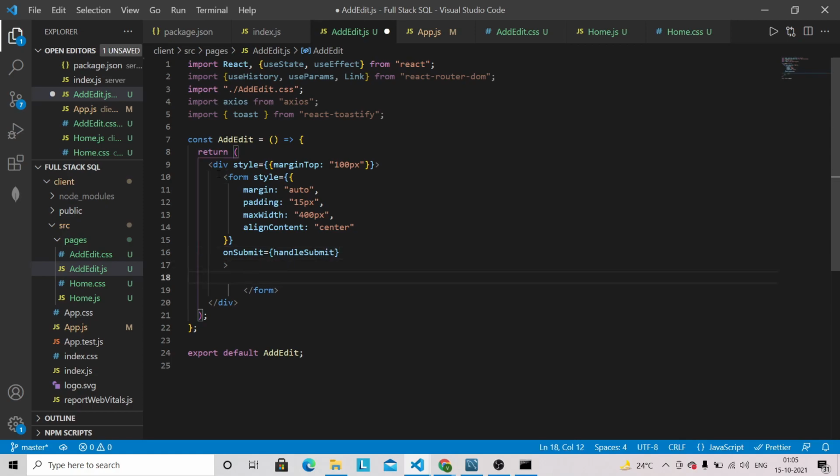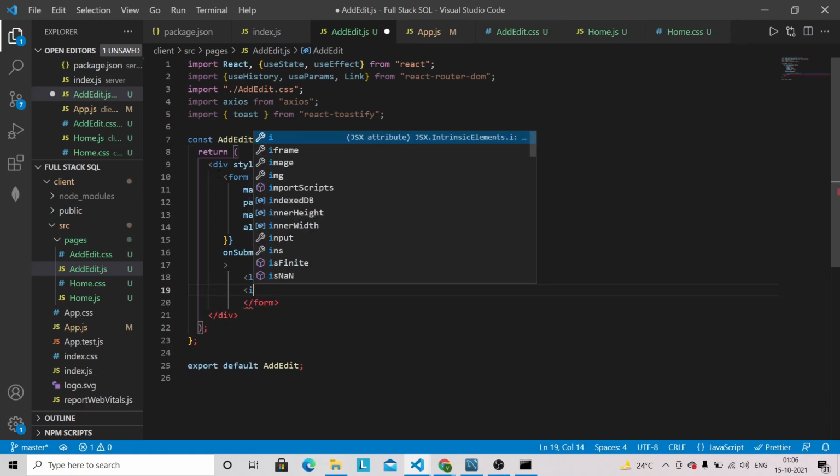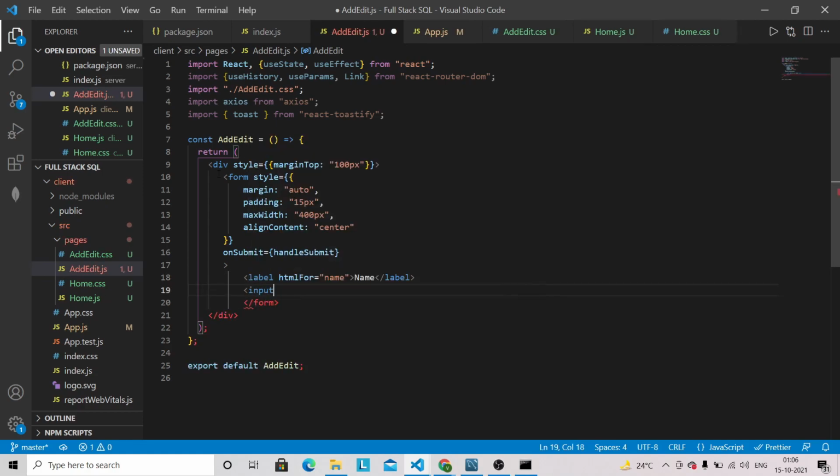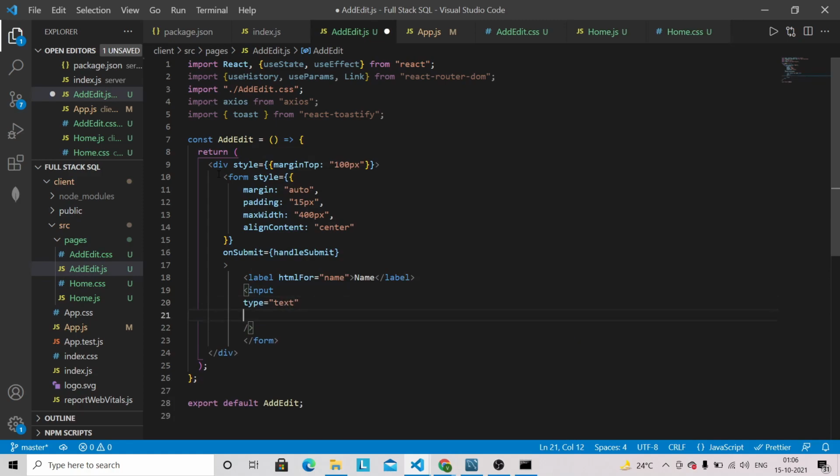and let's define here label. So first label we are going to have name, we can give here htmlFor, and let's define the input field. So type will be text for this input field, ID is going to be name, then name will be name.